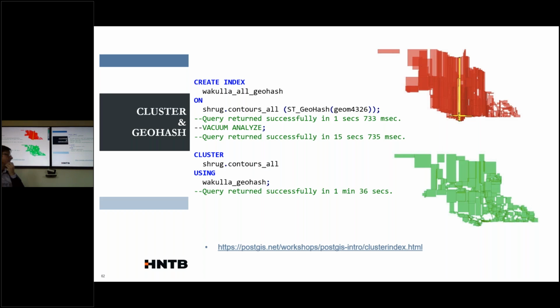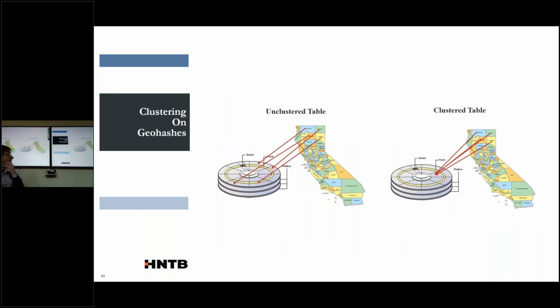There's another trick here called clustering and geohashing that will organize your table rows by geography to make searching and finding on spatial queries faster. Here's a link to how that works and why. Not going to go into much detail,